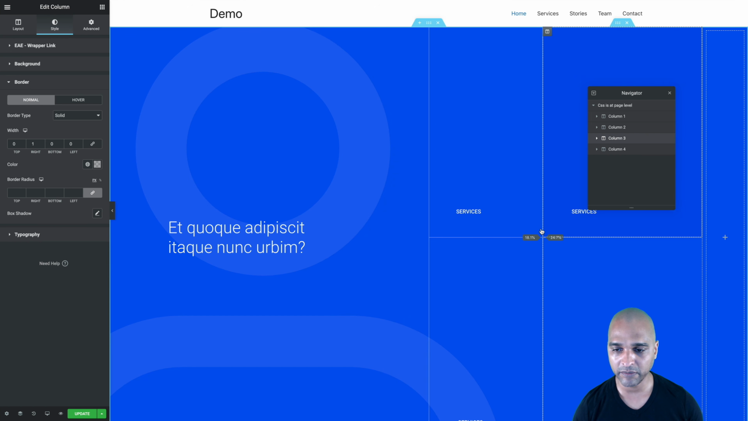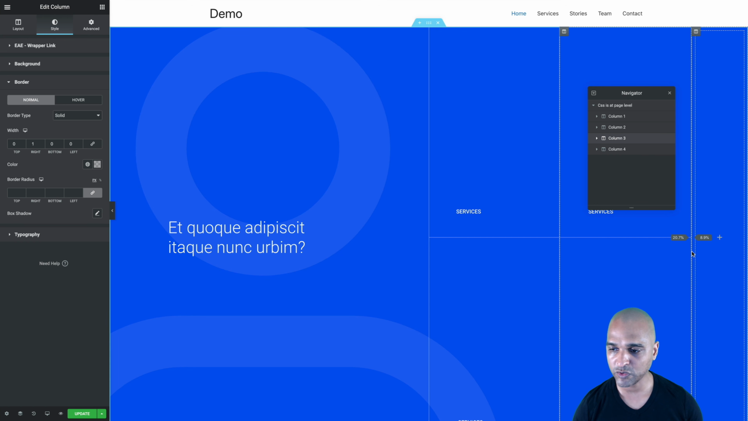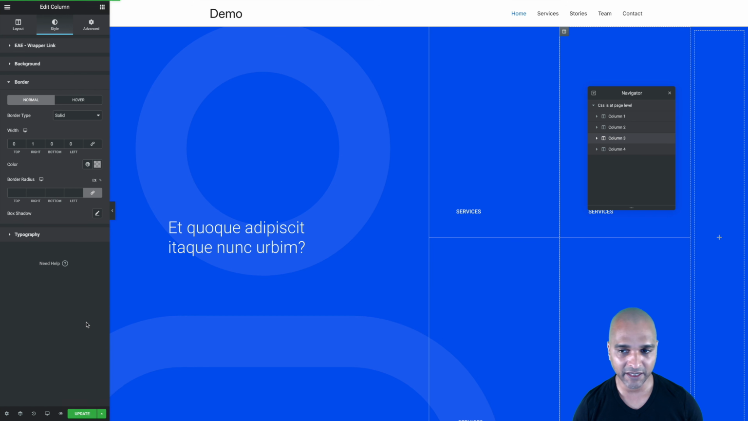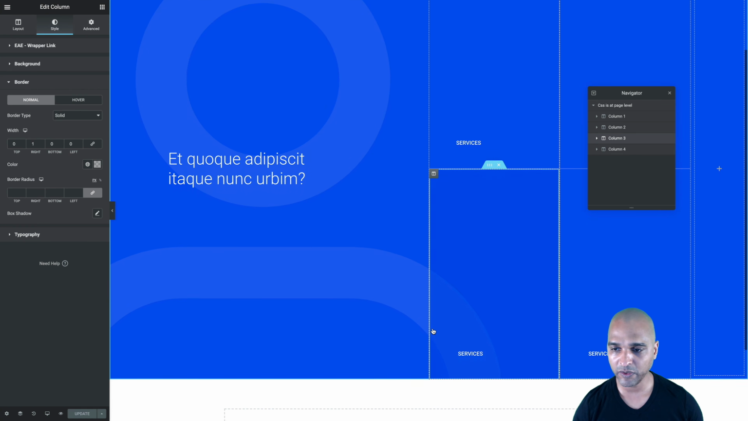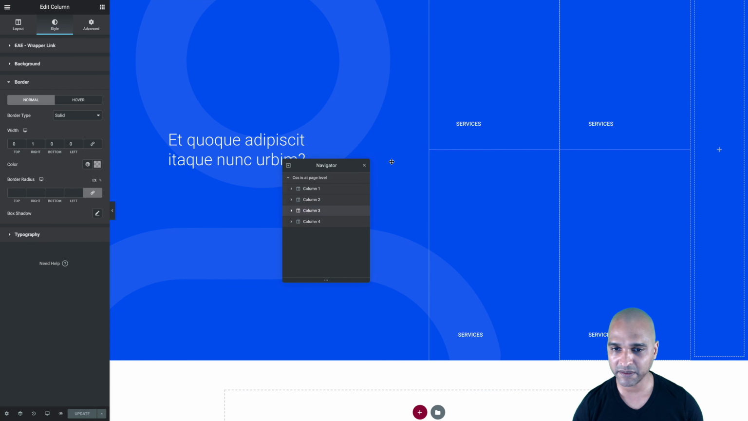Okay, the second column should be 20.5. Now you may play with these values, but this is what I found worked best. And the second should be also 20.5%. Okay, once again, let's update to save our work. Okay, so now if you look, we have all the blocks here, but there are some things we need to